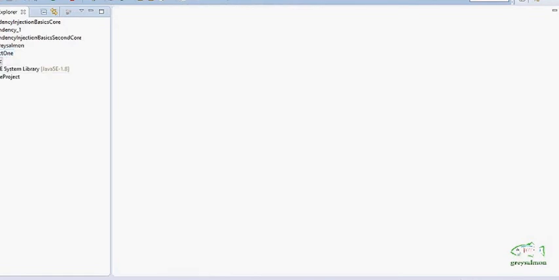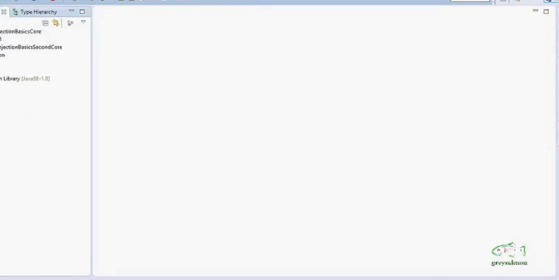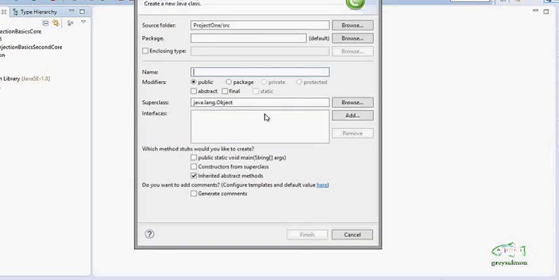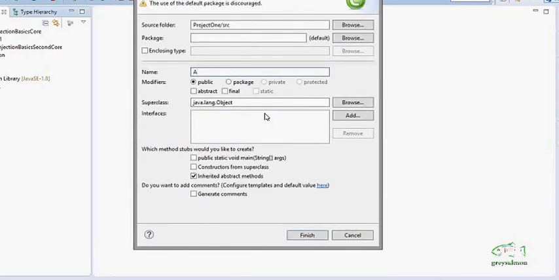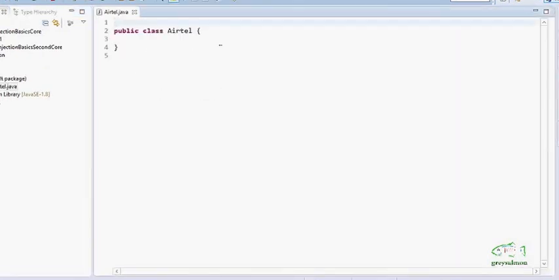In this project 1, in the src folder, I will create one class, and the name of the class will be Airtel. In this class Airtel, I will define only one function, and the name of the function will be getServices.